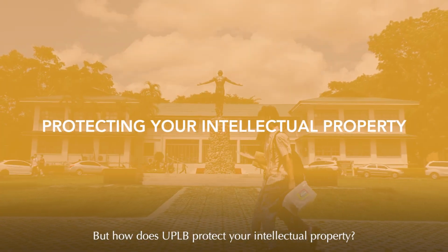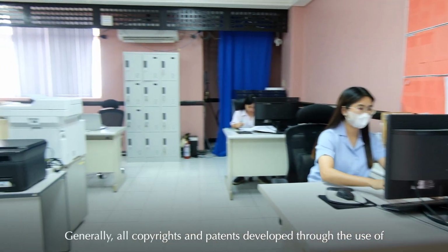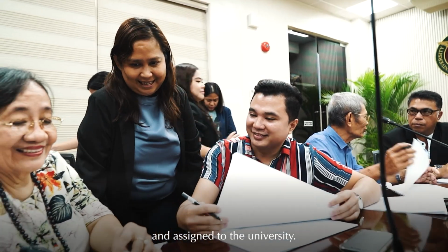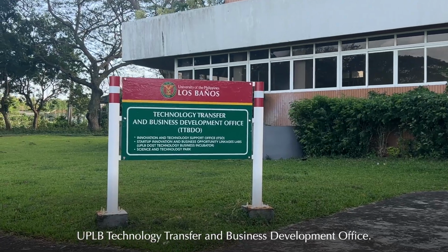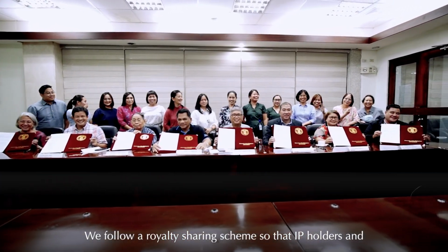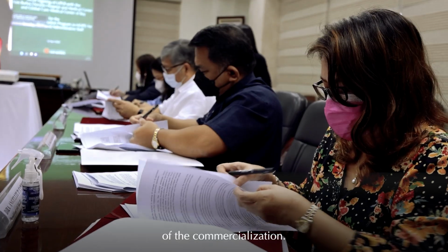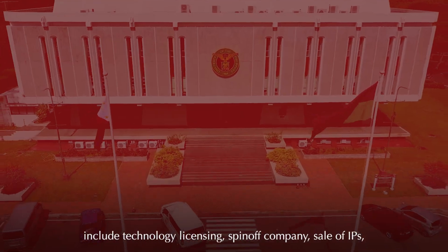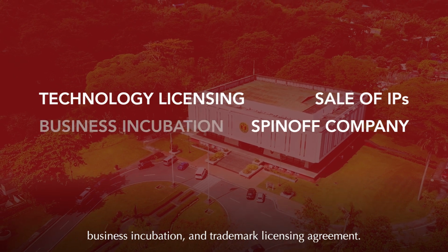But how does UPLB protect your intellectual property? Generally, all copyrights and patents developed through the use of university resources should be disclosed and assigned to the university. These IPs shall be vigorously commercialized through the UPLB Technology Transfer and Business Development Office. We follow a royalty sharing scheme so that IP holders and the university can fairly benefit from the income of the commercialization. Some ways to commercialize intellectual property in UPLB include technology licensing, spin-off company, sale of IPs, business incubation,